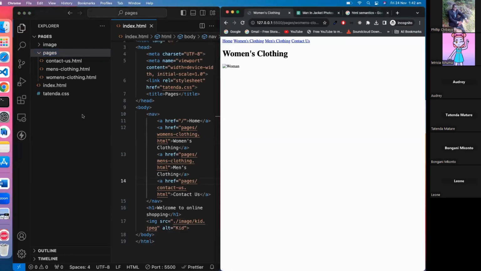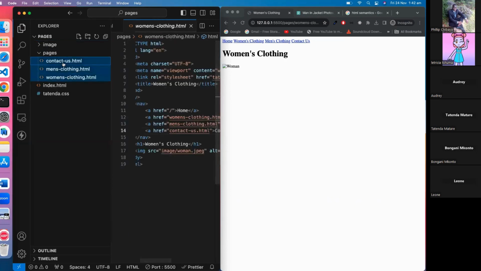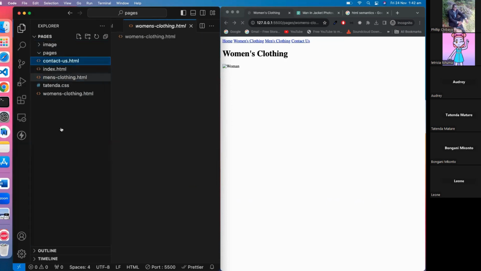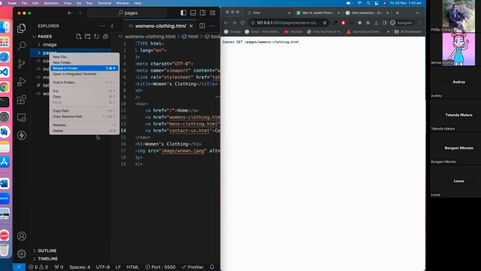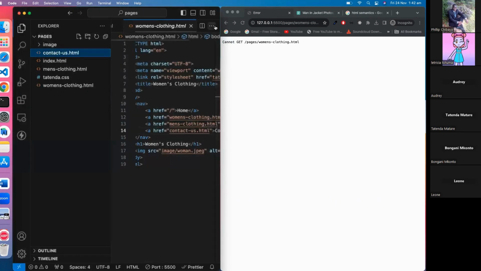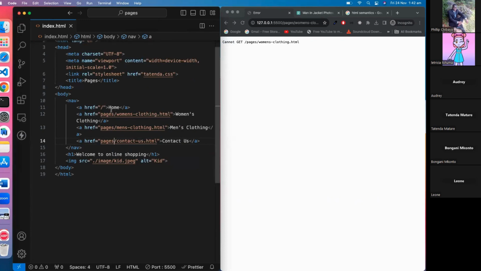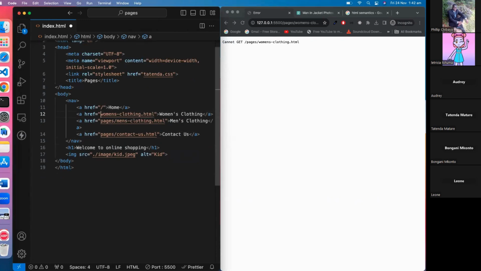But I don't want to do this. I just wanted to show you how you can organize files. So in this instance, don't do this. You can just hold down Shift and select everything, and then drag it outside to how it was. Okay, and then delete that. All right, so delete the pages folder, and then just fix the home page like we did. Okay, so get rid of pages like that,